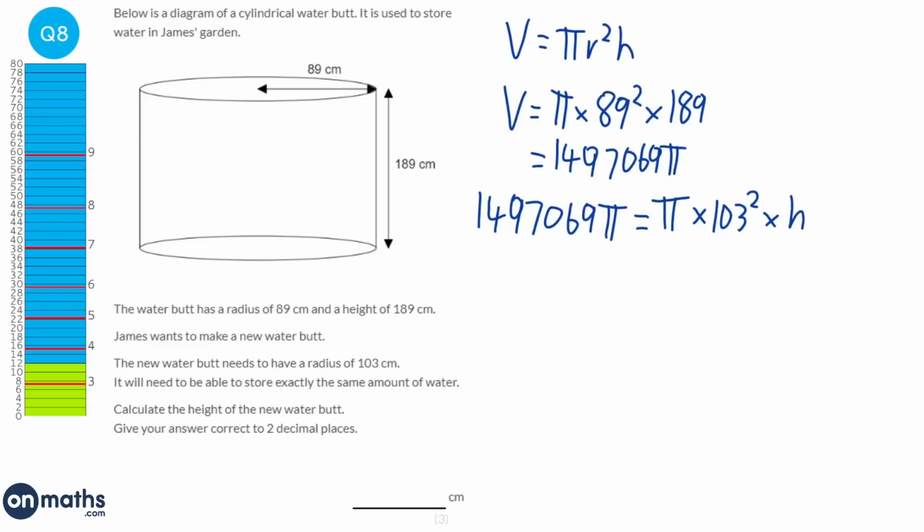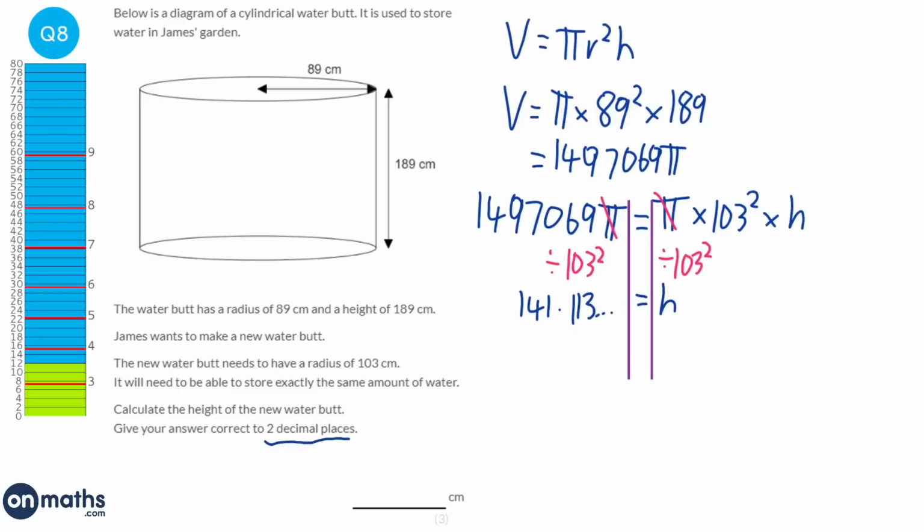Okay, so first thing we can do actually is just cross off the pi's from both sides. We don't really need them at all. And then we can get our solving lines in, and we can divide both sides by the 103 squared. And on the left hand side we get 141.113 blah blah blah, and on the right hand side we get h. So the height will be 141.113. It says it wants it to 2 decimal places, so that would be